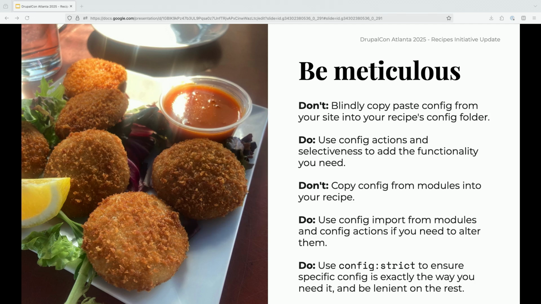So if I took the redirect module, changed a piece of config, put it in my recipe and tried to apply that on a site that already had the redirect module, it would fail because those configs weren't the same. And then use config strict to ensure that the specific config is the way you need it, and then everything else is